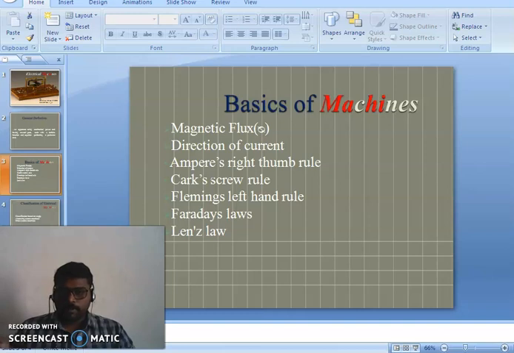What is happening? You know, electrical energy is getting converted into magnetism, and magnetism is getting converted into mechanical energy. Similarly, mechanical energy is getting converted into magnetism, and then magnetism is getting converted into electrical energy. Therefore, the magnetic field plays as a medium for the energy conversion process. Therefore, our next video is completely based upon magnetism. You will come across several basics of magnetism, several rules, several laws that support the magnetic field, okay? Then we will get into the individual machines separately in the upcoming sessions.